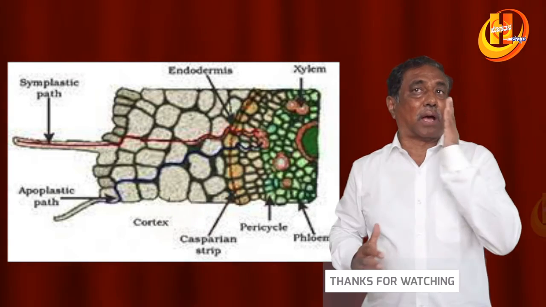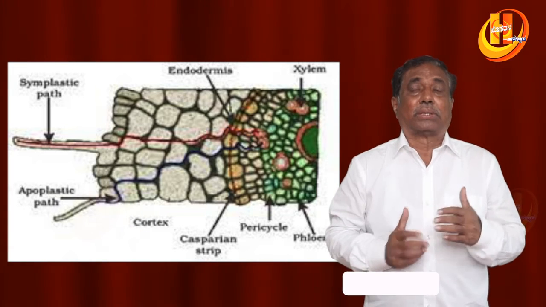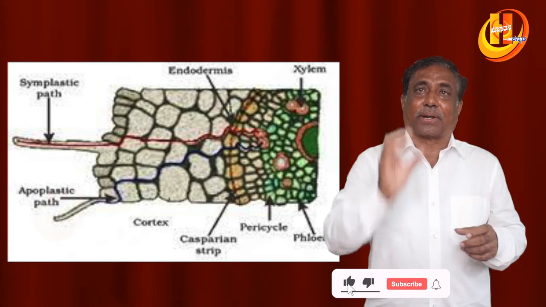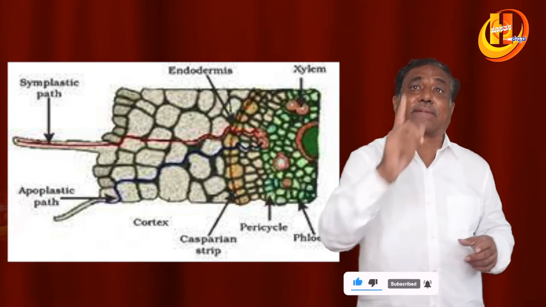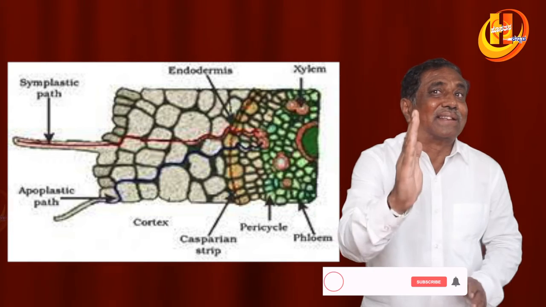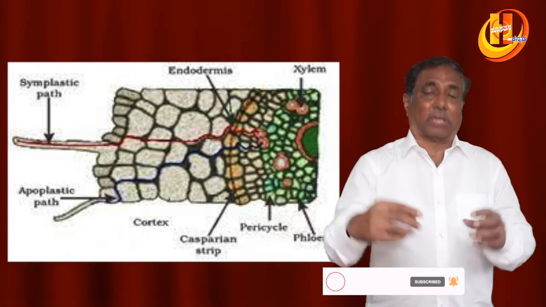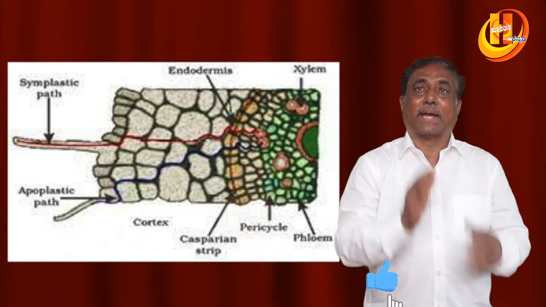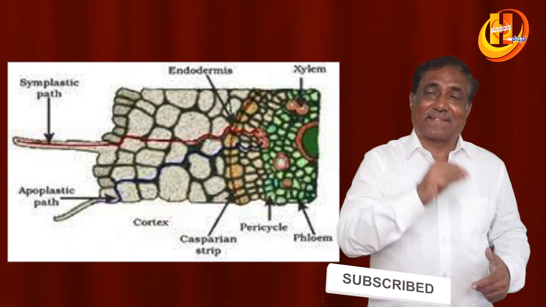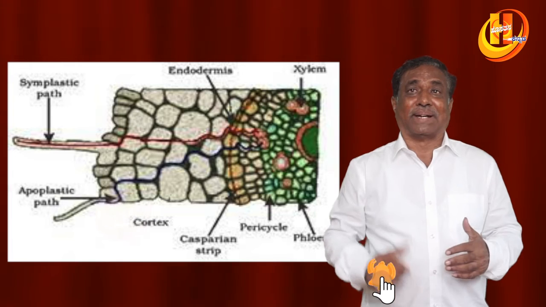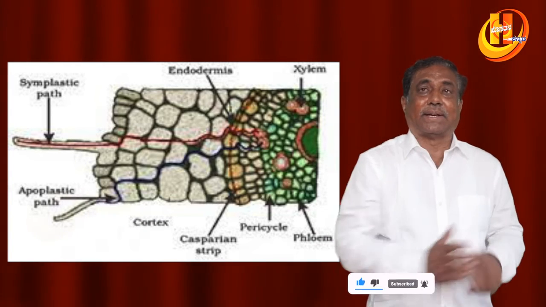Next, the passage cell, that is the endodermal cells, which lie opposite to the protoxylem. These endodermal cells do not contain Casparian strips, so here it enters into the cell, hence it is symplast at this point. This is very important. And then the non-living protoxylem trachea, again it is apoplast. So this is about the apoplast movement, that is cell wall, intercellular spaces, passage cell, here symplast, and into xylem,